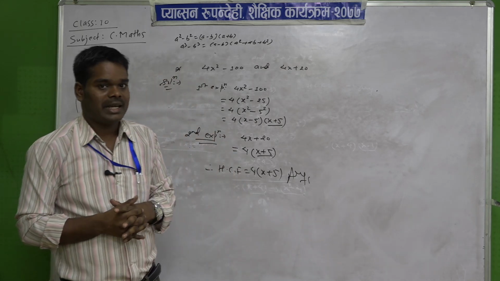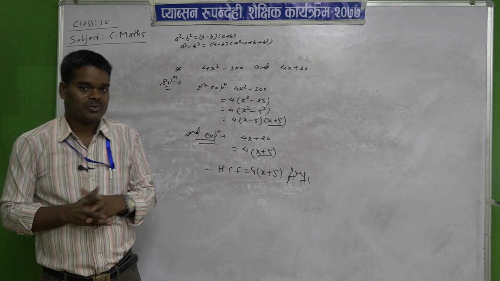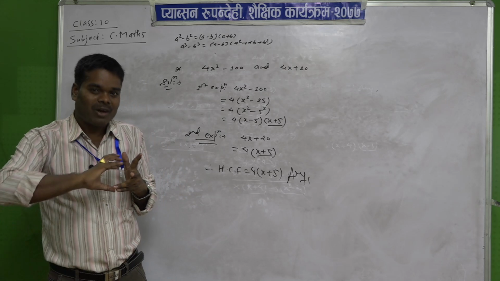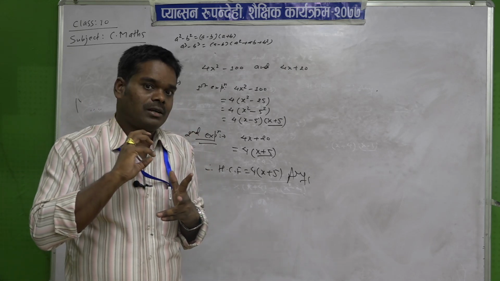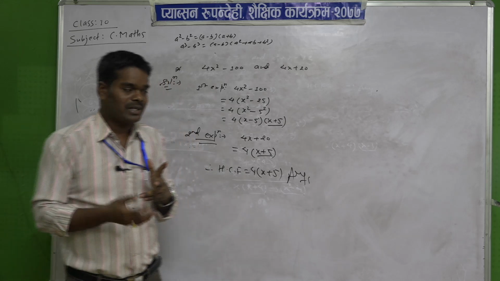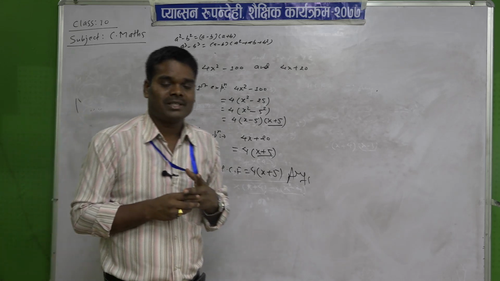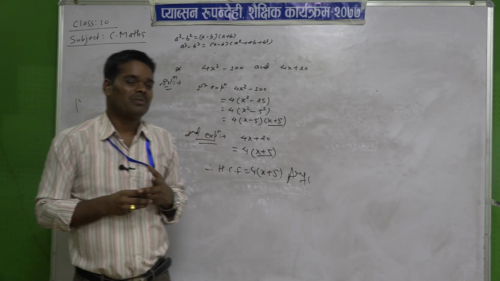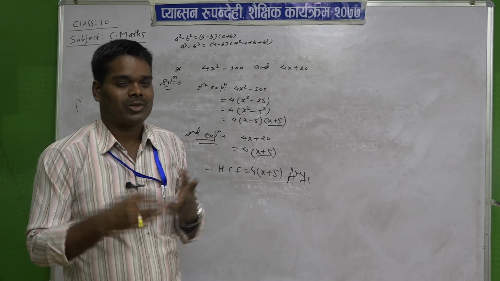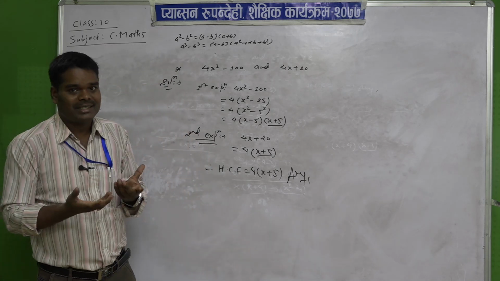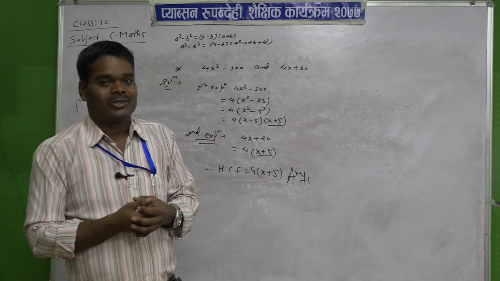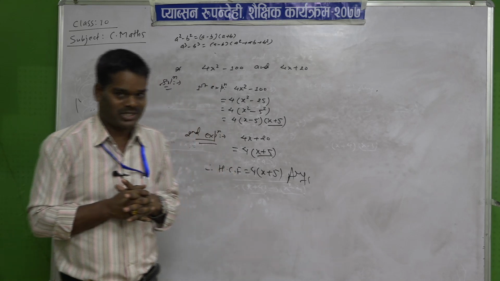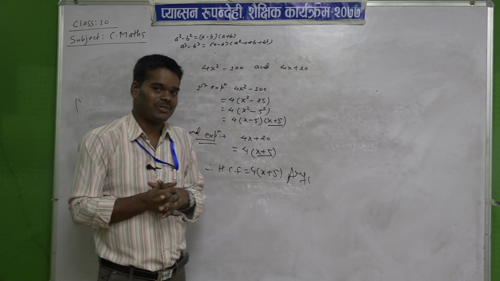First we have to know the concept. We have studied today SCF, the highest common factor. Firstly you have to find the factors of any two numbers, then you have to find the common factors, and among them the highest one is the SCF. And likewise, LCM means lowest common multiple. Firstly you have to find the multiples of any two numbers, then find the common multiples, and then find the least number among the common multiples of both numbers. That is what LCM is.